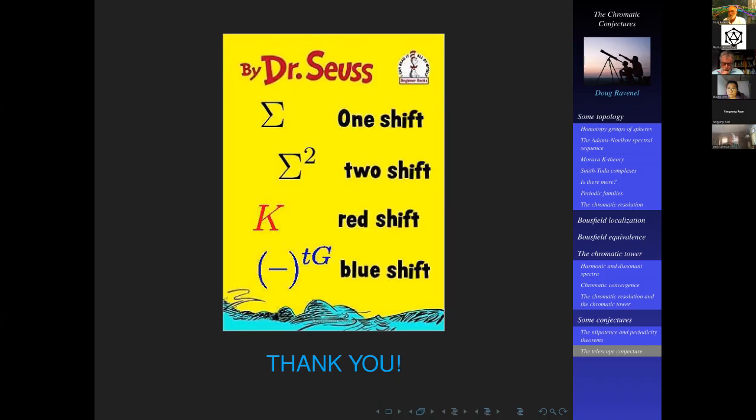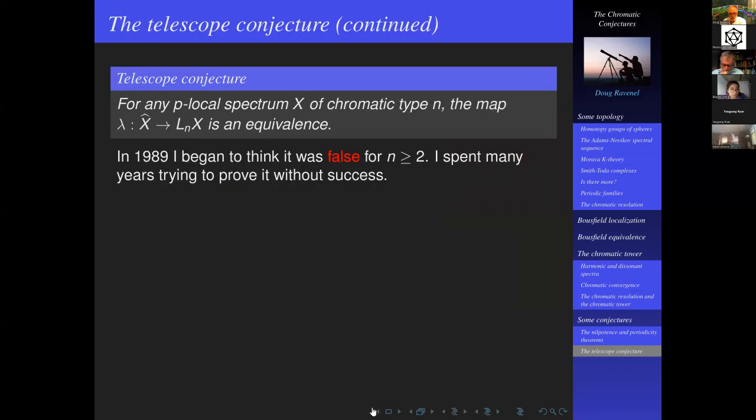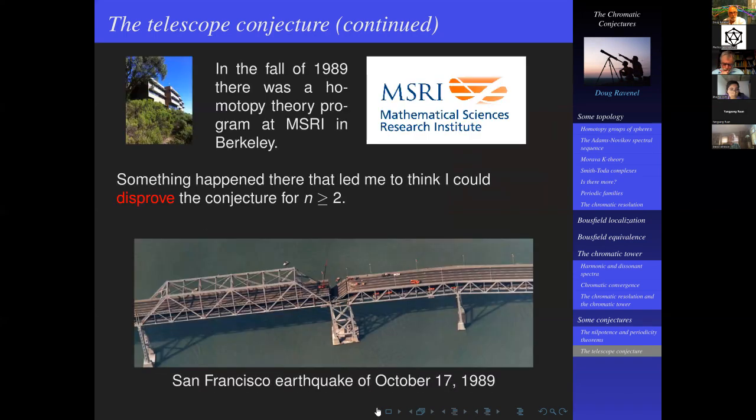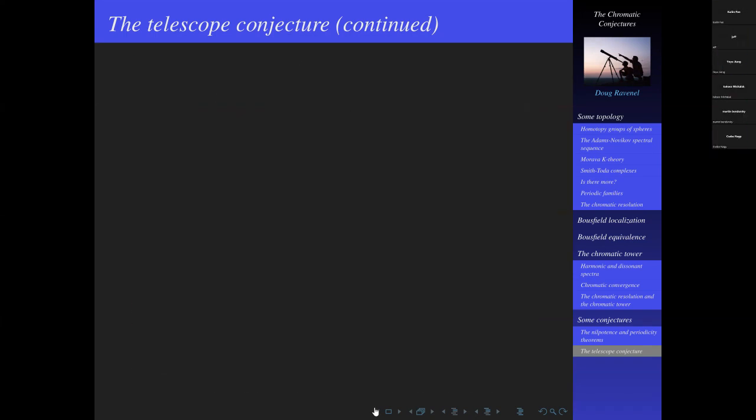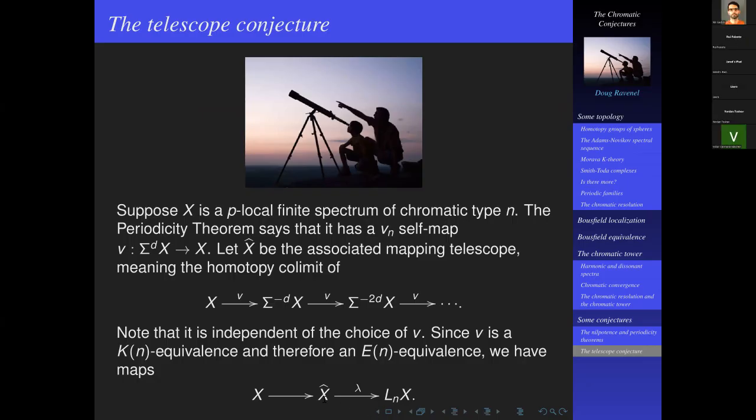So I don't know if you consider this an upside or not. This depends on your temperament. But let me go back to the statement here. Okay, so as I said, for n equals 2, let's think about the simplest non-trivial example